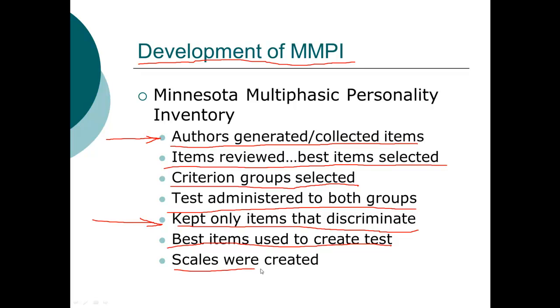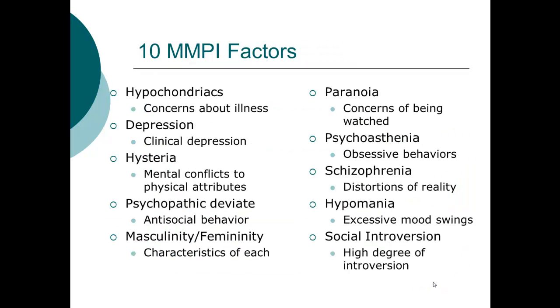And then once they had that, they went ahead and created their scales so that you can interpret the scores that a person would have on the test and see where their personality would fall. And so this was a long, tedious and difficult process. You just don't create one of these tests overnight. And so they looked at a number of groups